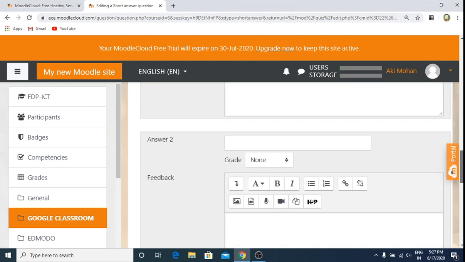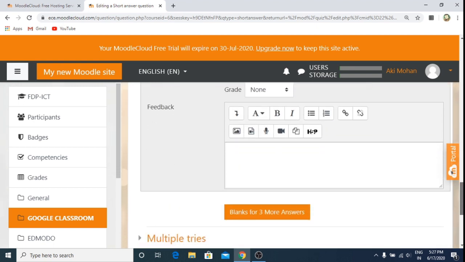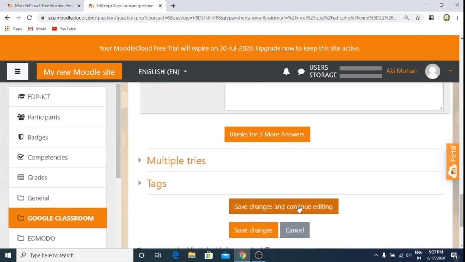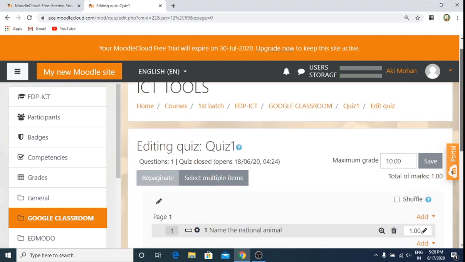And other options I'm going to keep empty and click on save changes, because there is only one correct answer, so other options are empty. It depends, if you have multiple correct answers you can add them also. For the correct answer I'll keep it as 100 and you can even set the point there.